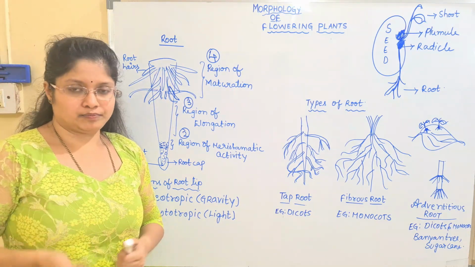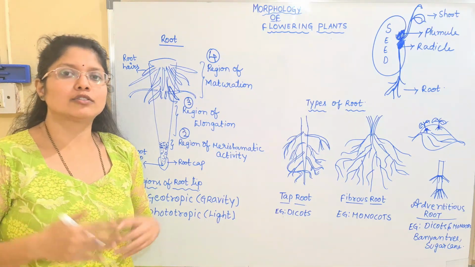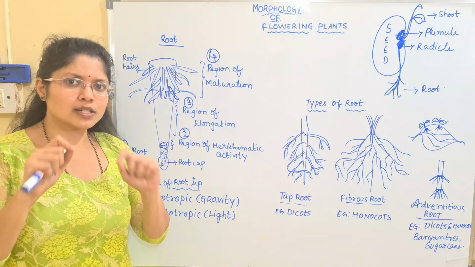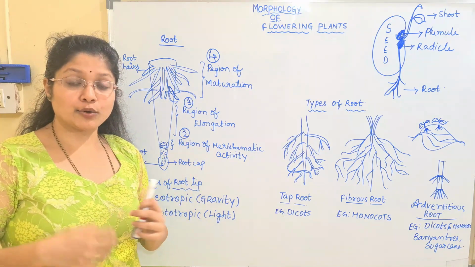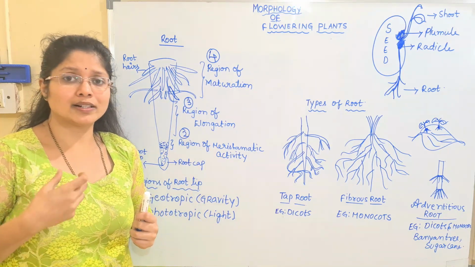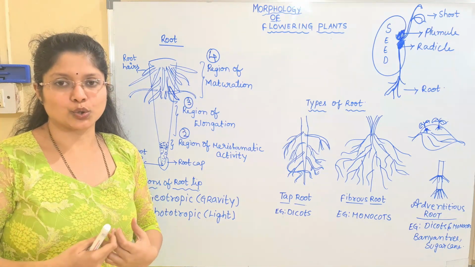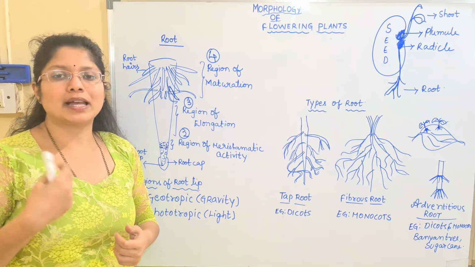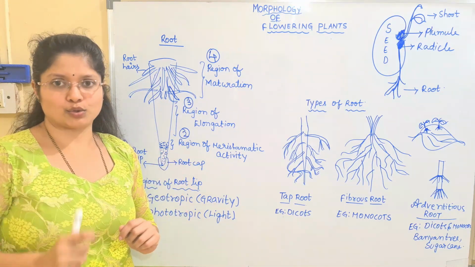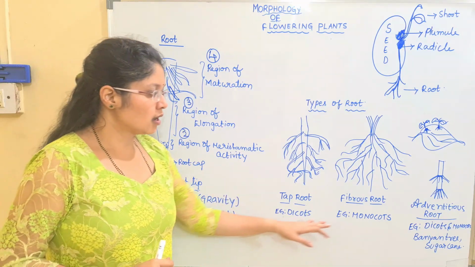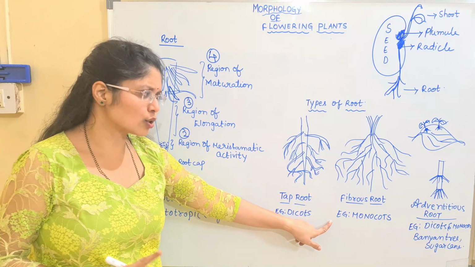Another example I will be giving for you. If you take a cutting of a rose plant, a stem of the rose plant, and place it in the soil, after a few days you can observe that roots are produced from the stem. We have taken a stem cutting and placed it in soil and you can see the formation of the roots. So what it means, children, is that it is forming the adventitious root. So any root which is produced from any part of the plant other than the radical is defined as adventitious root.